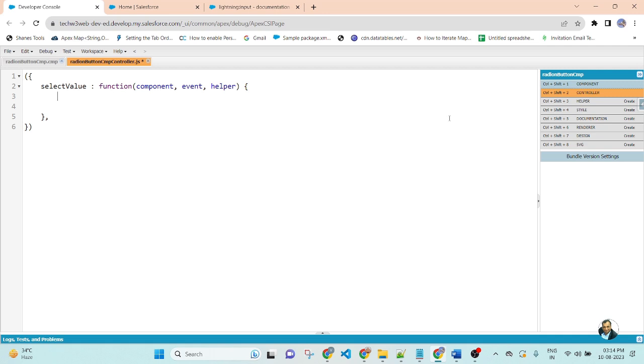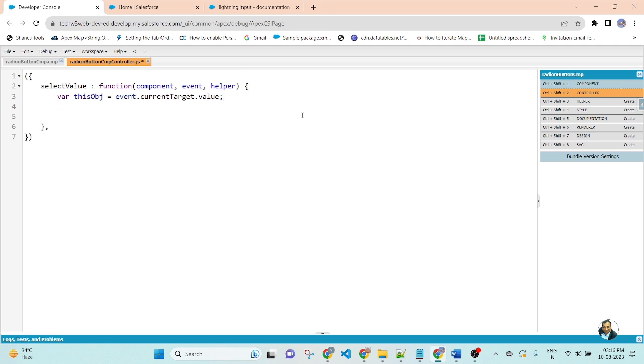Here I will create a variable, this object equal to event.currentTarget.value. Event.currentTarget.value will return the current value of the radio button.